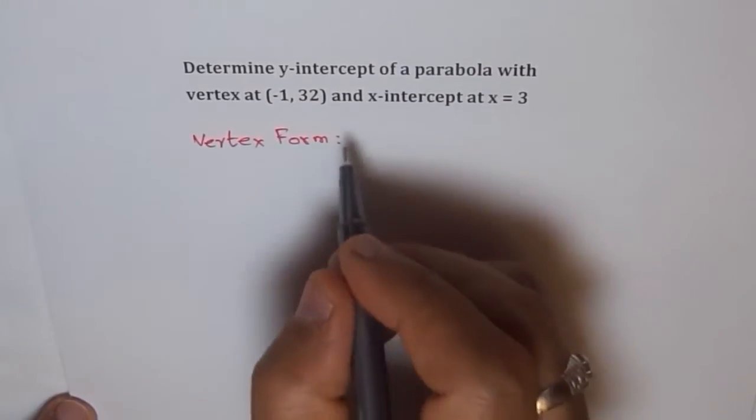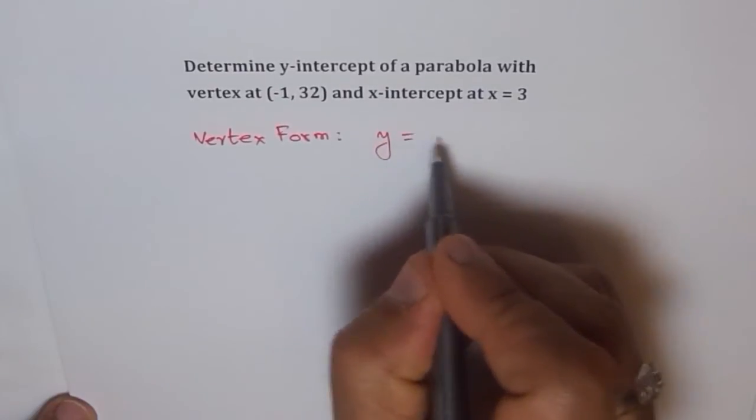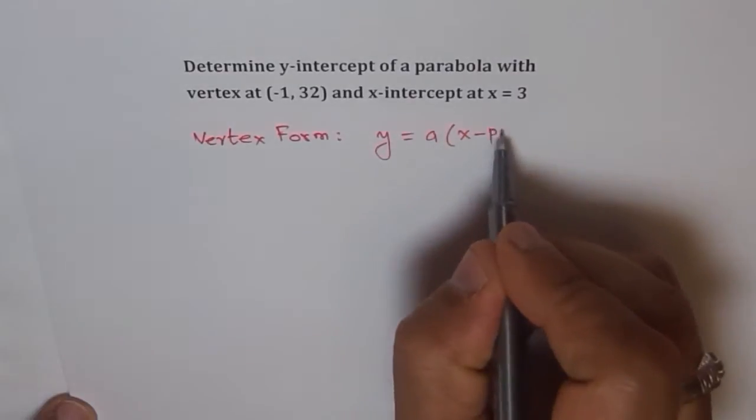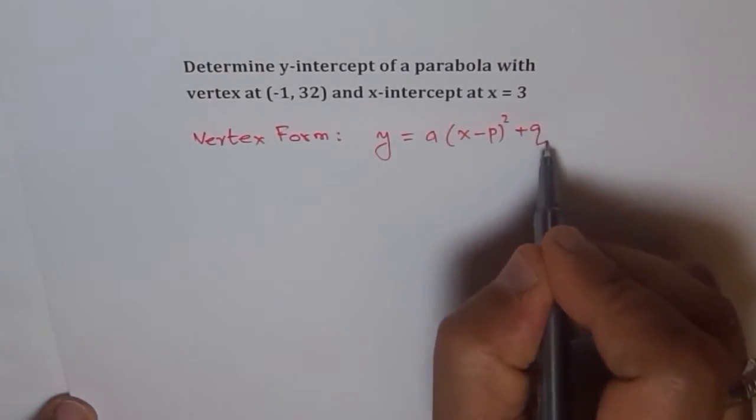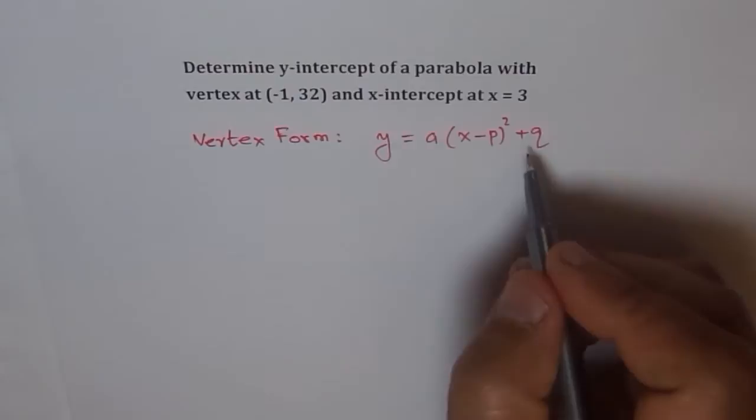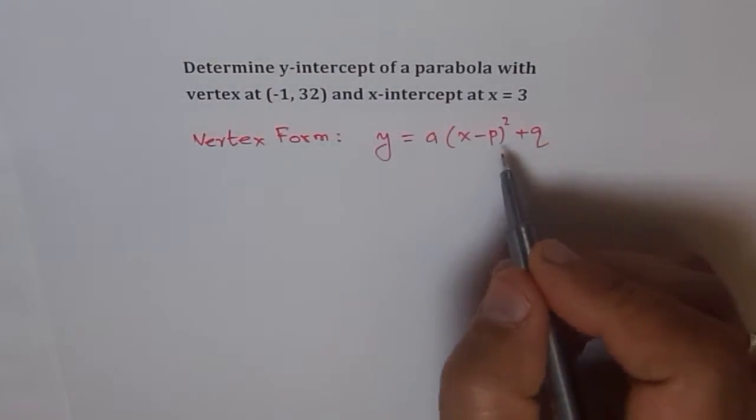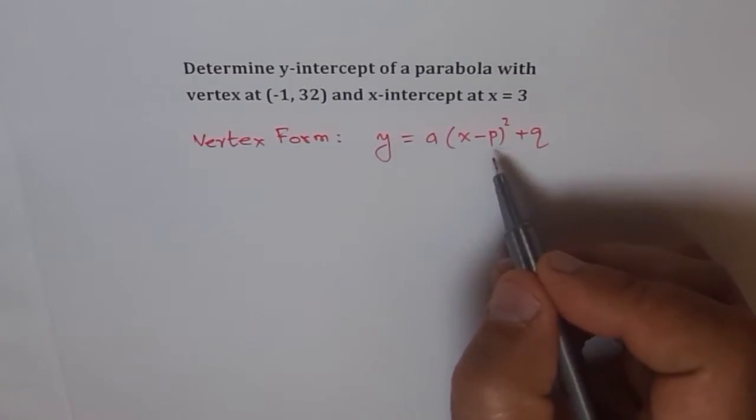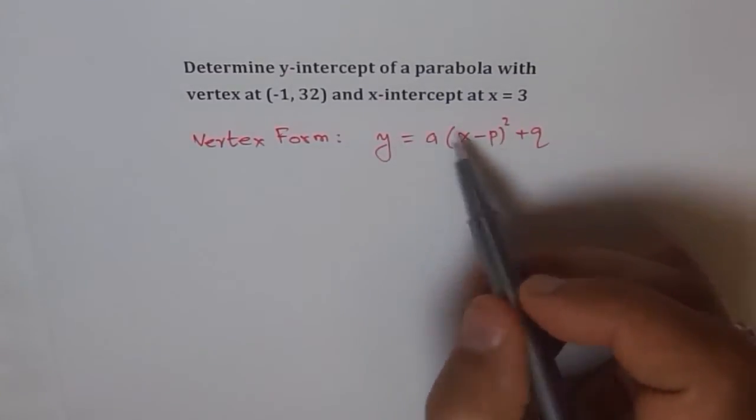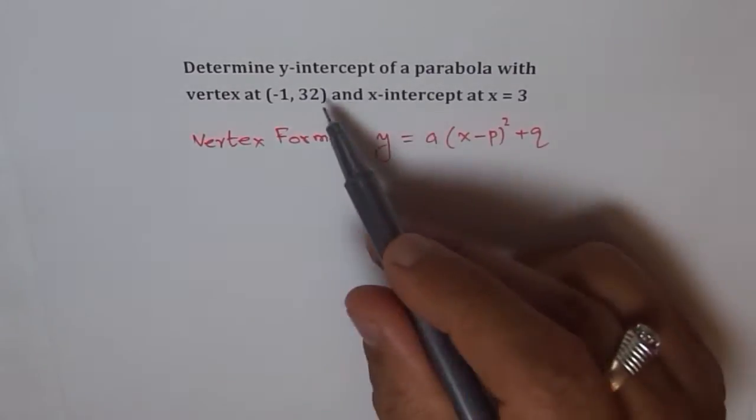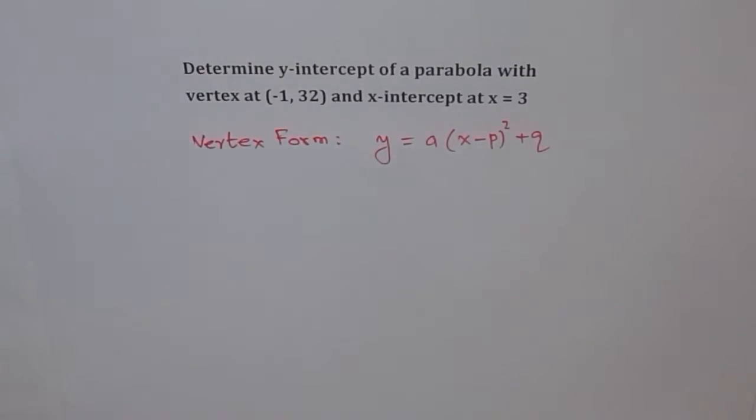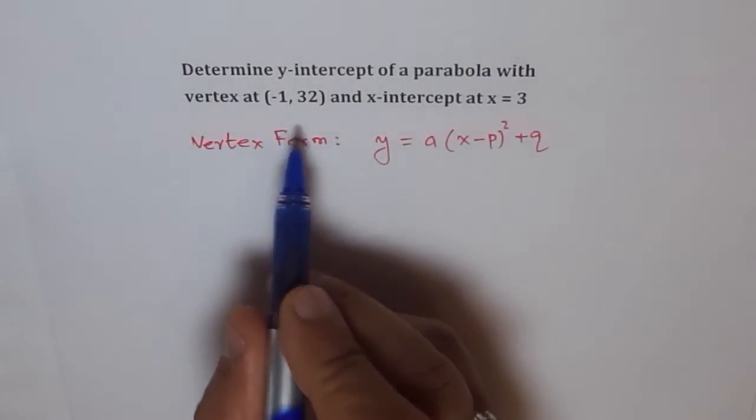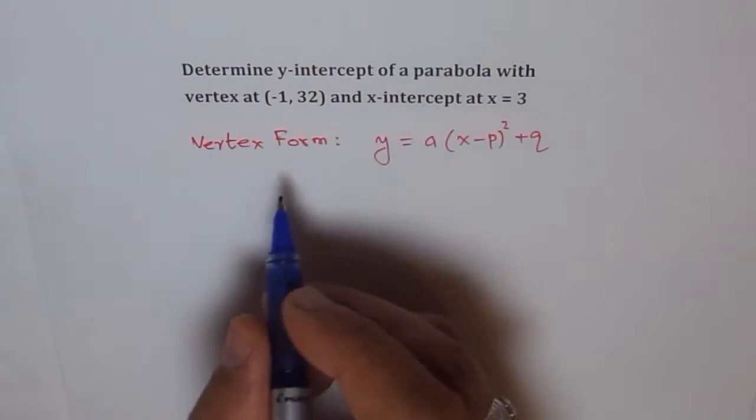As you remember, the vertex form is y equals a times (x minus p) whole squared plus q, right? Sometimes we use h and k and other alphabets here, but it doesn't really matter. The vertex is (p, q): the p value is the x value and the q value is the y value of the vertex, correct? So from the given data, because the vertex is at (-1, 32),